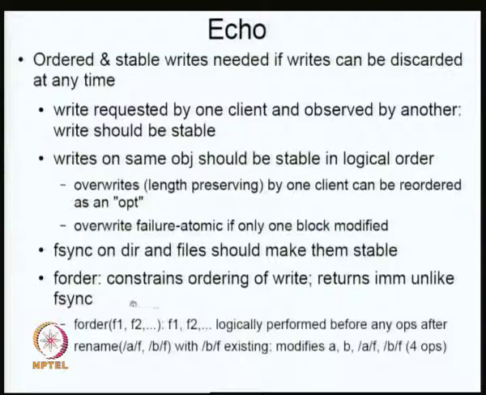So in a sense, BSD file system has some notion of order, but it is not available at the application level, because notice that fsync is available at the application level and so is F order. Whereas what BSD is doing is done at the kernel level. It's not available at the user level as a way to constrain things. That means they have to do some specific things on top of this. So it is basically a slightly less elegant solution than having something like F order.